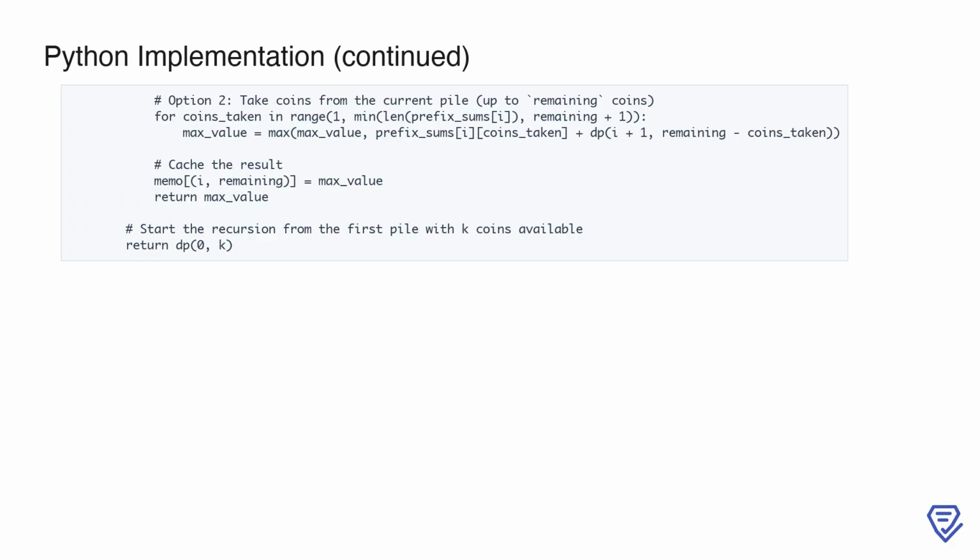At the end of the implementation, we initiate the recursion by calling DP with the first pile and the total number of coins available, k. This starts the process of exploring all possible ways to select coins from the piles to maximize their total value,